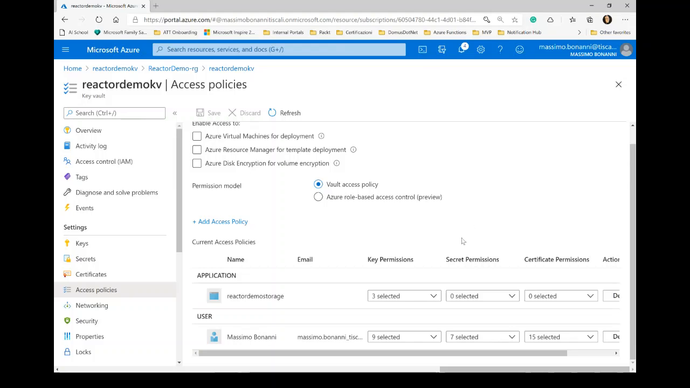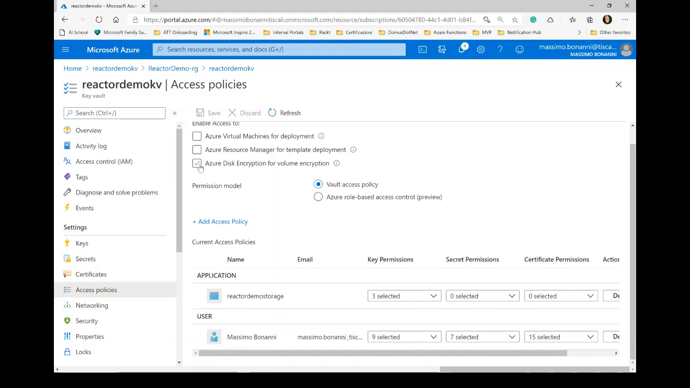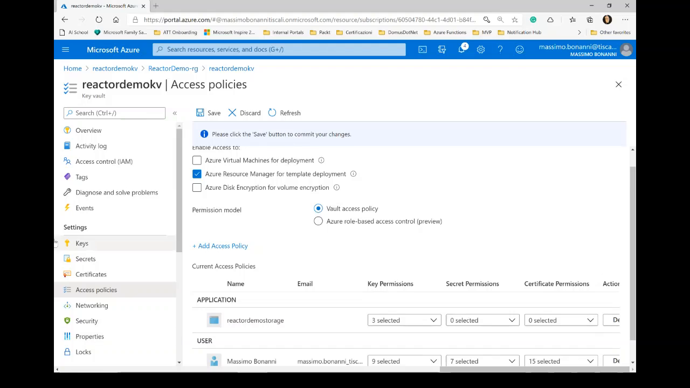Okay, but of course you can do the same for your application. I will show you in the next demo in the app service how that works. Here you can define the behavior for the Key Vault with respect to the Azure Resource Manager. If I want to use the secrets inside a template, I need to enable this one, and I'll show you